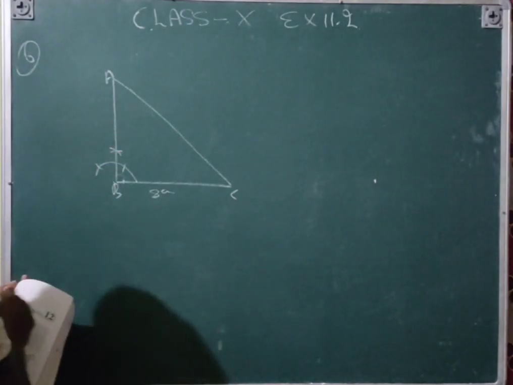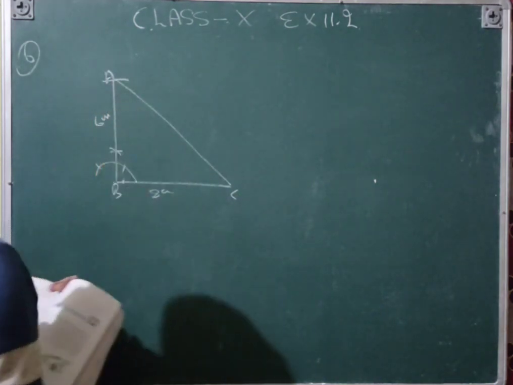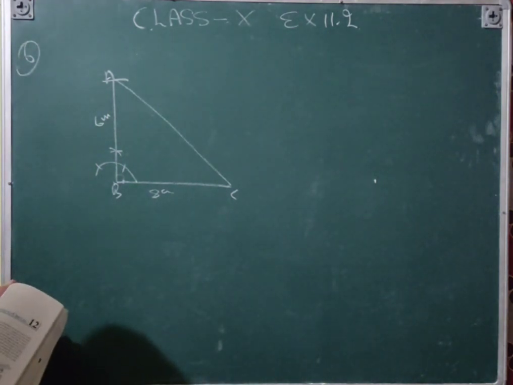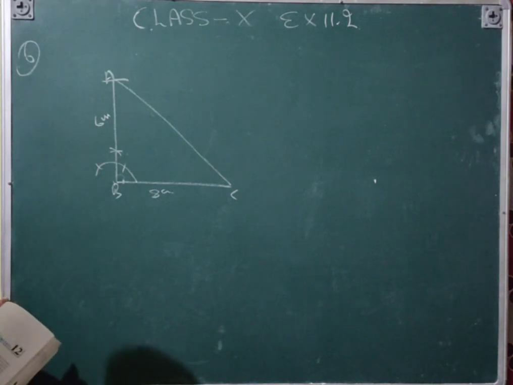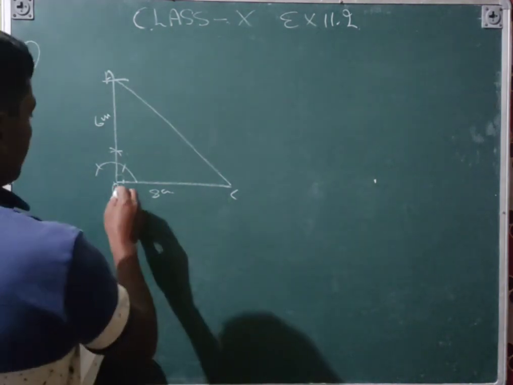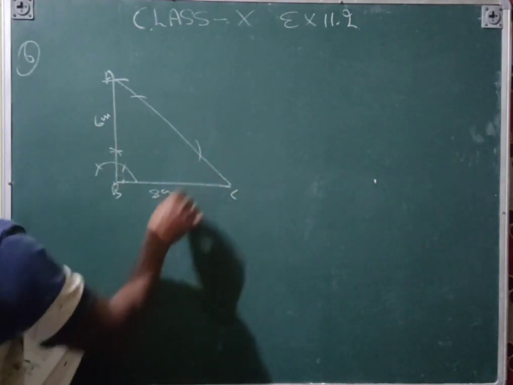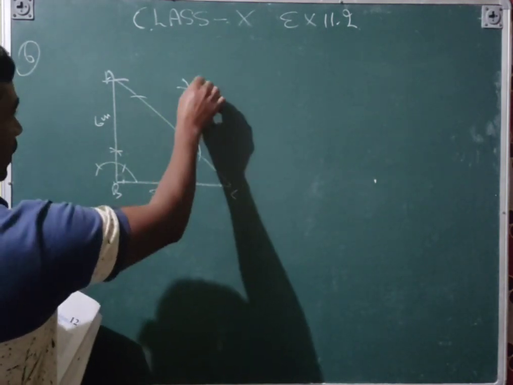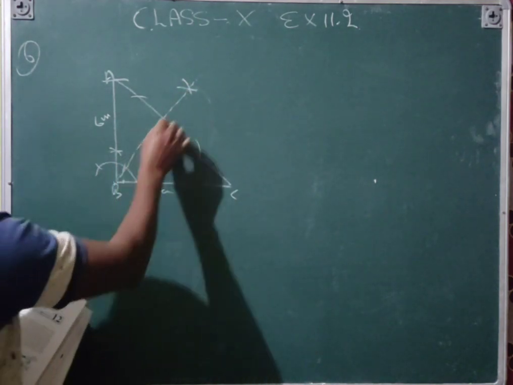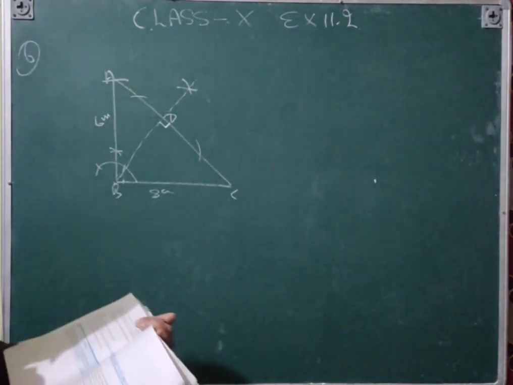And then you will take the 6 centimeter distance and put the arc here, that will be 6 centimeter. And then, perpendicular to BC at C. So first of all, BD is a perpendicular from B on AC. You will take any distance and make 2 arcs like this. And then from these 2 points you will draw 1 arc and then 1 arc. This is a perpendicular, that is point D. It means perpendicular means this is a 90 degree angle.